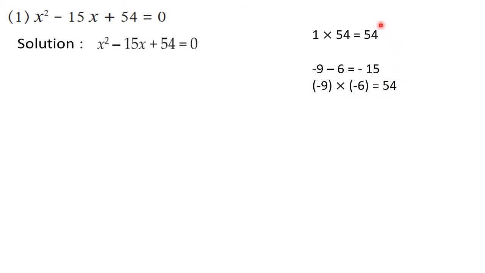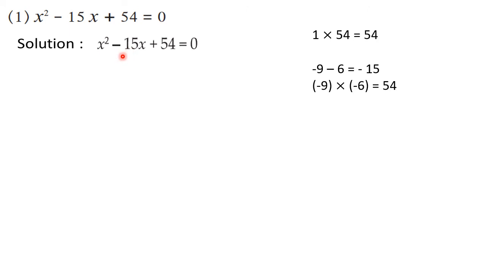Okay, so whenever we have a positive sign, we are going to think of addition. And the second thing is that both the numbers are going to have the same sign, that means either they are positive or they are negative. They cannot have opposite sign. You cannot have minus 9 plus 6, because minus 9 plus 6 you are going to get minus 3. Okay, you need to add, that is why the sign should be the same. Okay, so we got the two numbers as minus 9 and minus 6.